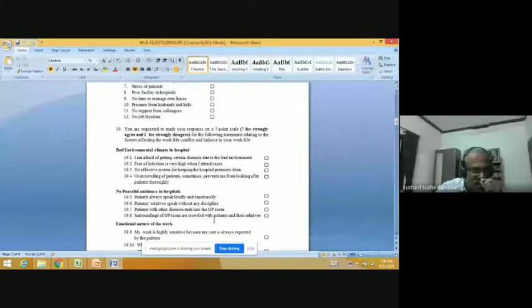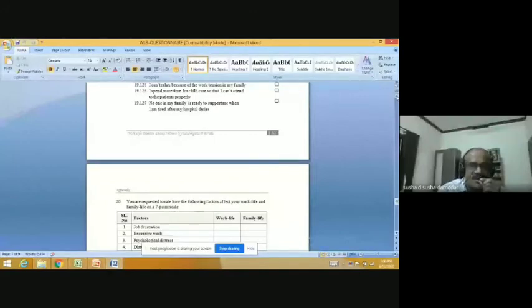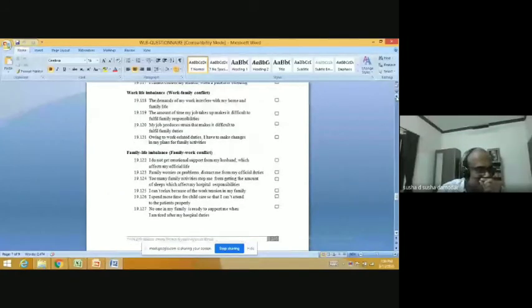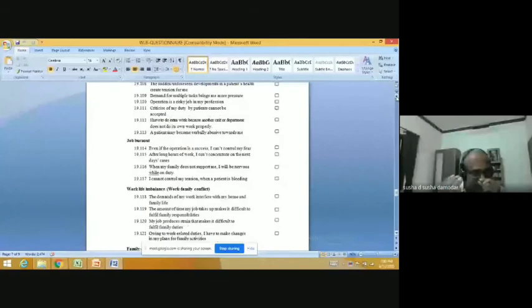How many statements are used for the measurement of n number of variables, starting from 19.1 to 19.127, I think. 19.127, yes. So 127 statements were used for the measurement of n number of qualitative variables on a 7-point scale basis. And in the pilot study, we collect this data for all the 127 statements. For all the 127 statements, we collect the responses